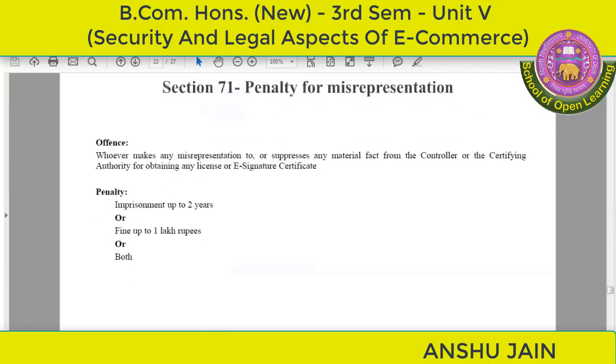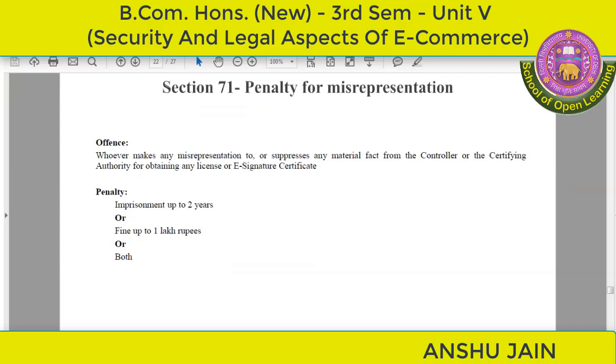Then section 71 is talking of the penalty for misrepresentation. Now what does that mean? Any person who makes any misrepresentation or suppresses any material fact from the controller or the certifying authority for obtaining any kind of license or digital signature certificate will be liable for imprisonment up to 2 years or a fine up to 1 lakh rupees, or both penalties may be there. So this is basically the section where we are talking about misrepresenting the facts or identity or information,